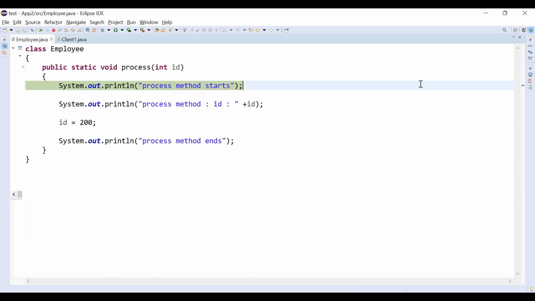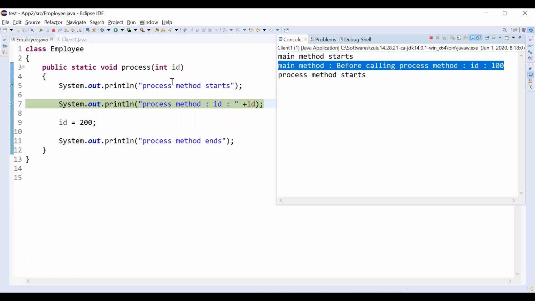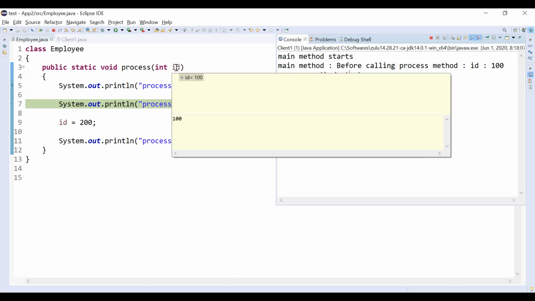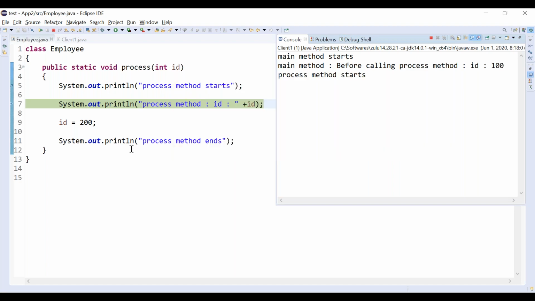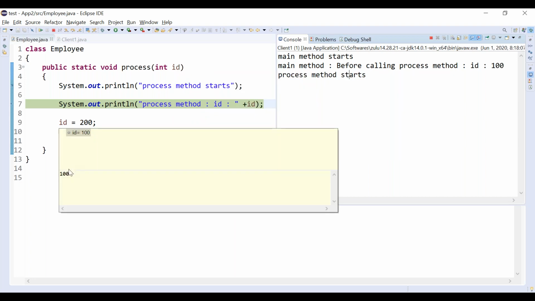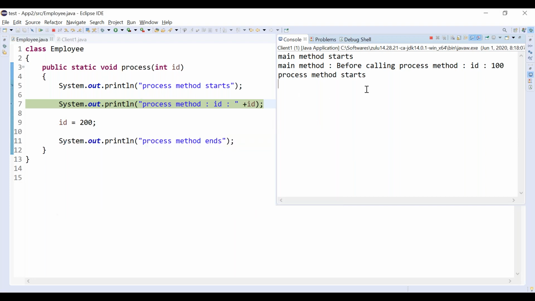We are calling the process method from the main method of client one class. What is the id we passed? We passed 100. If you mouse over on id, you are getting 100. This is the dynamic value. Let's print. Inside process method, the id value is 100.